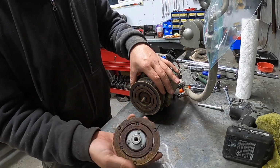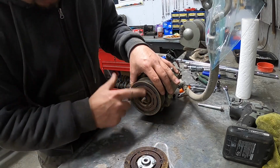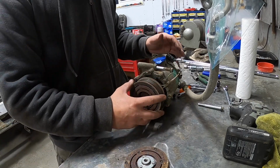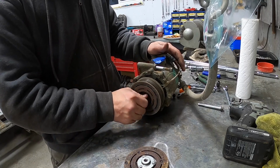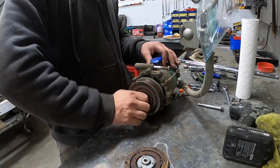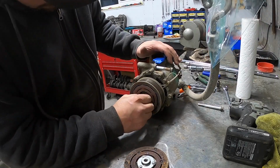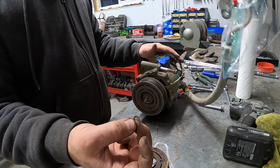Oh yeah, look at that corrosion. That AC pulley ain't been used in a long time, friends. A long time. Compressor turns over freely by hand, so that should be okay. But yeah, there's a little shim I was talking about. We'll get rid of that, which will...